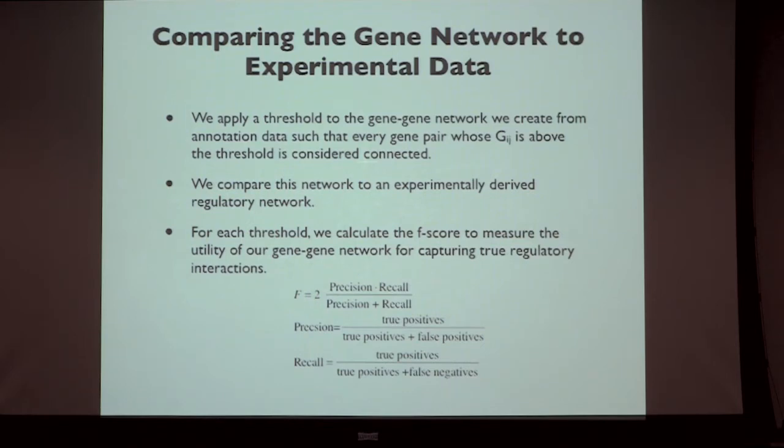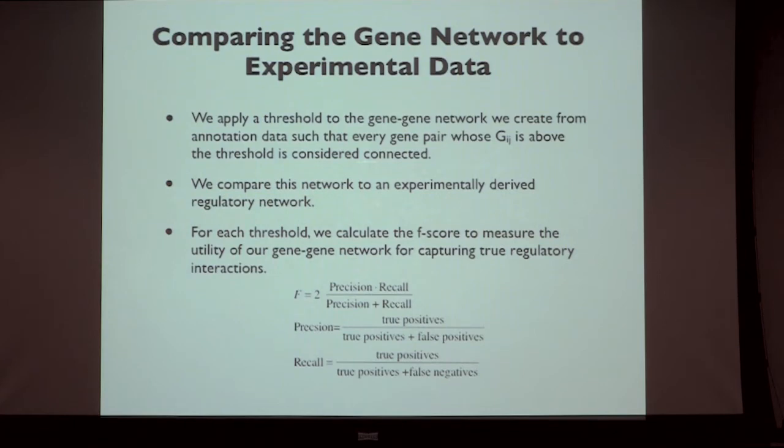So the F-score basically measures the trade-off between precision and recall. Precision is the number of true positives over the total number of positives, and recall is the number of true positives over the total number of true positives plus false negatives. So basically, you want your precision and recall to be high, and if you want to combine these both into a single statistic, we sometimes use the F-score. And so the maximum